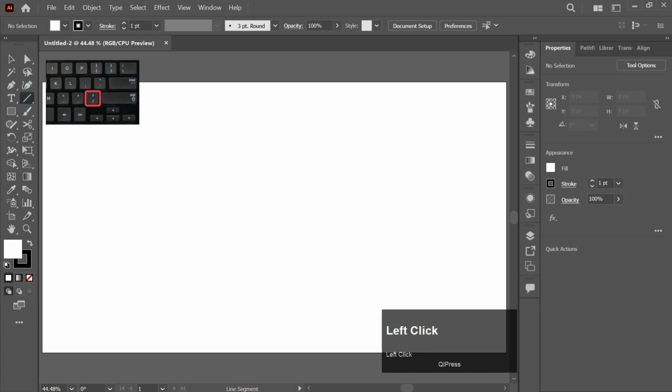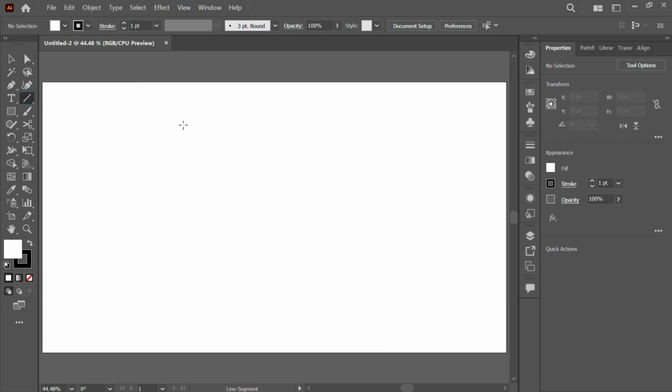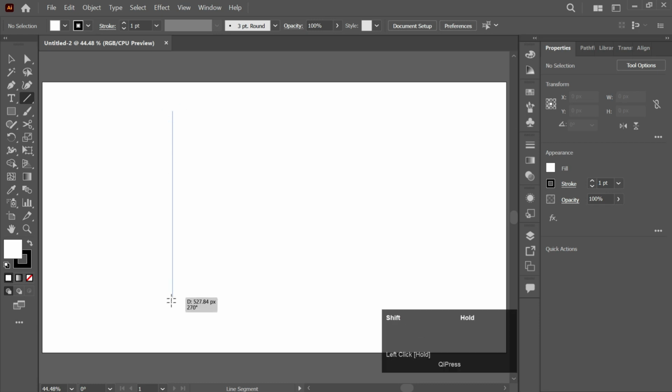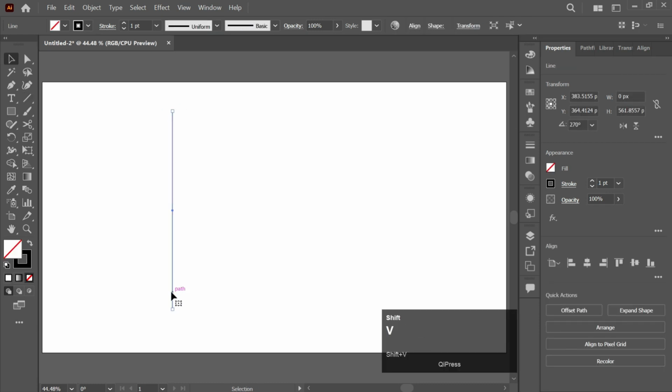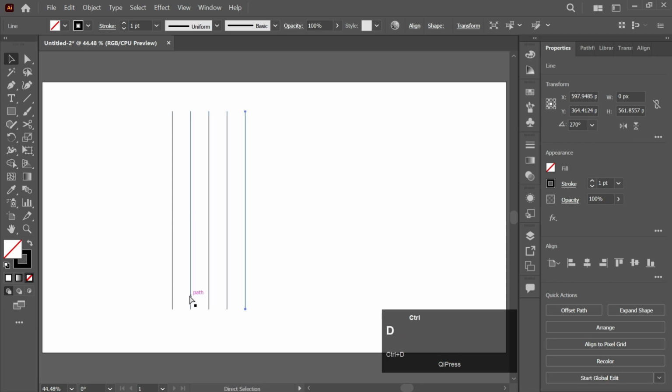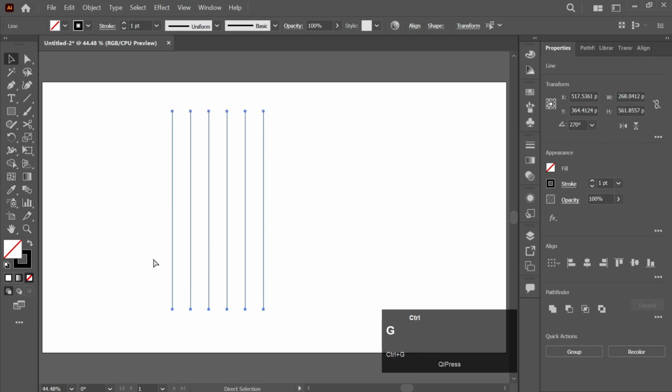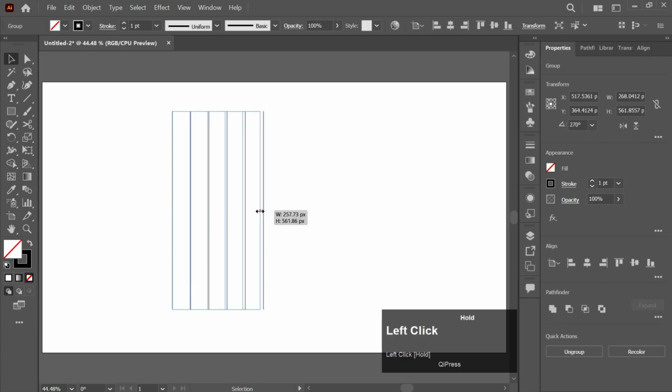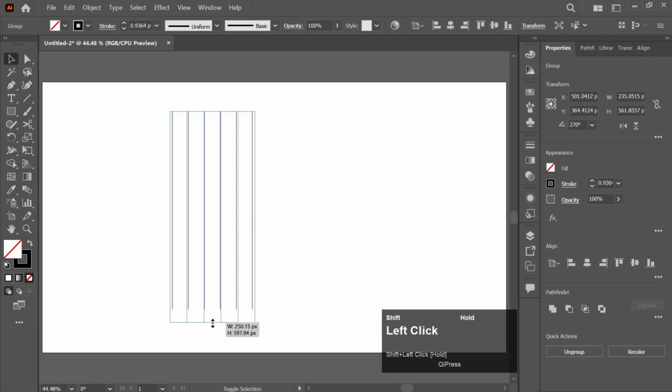From here or from here you can see the shortcut key. So we will make a line like this. Now we will duplicate it, select them and group them. Then we will resize them like this. Align it in center,